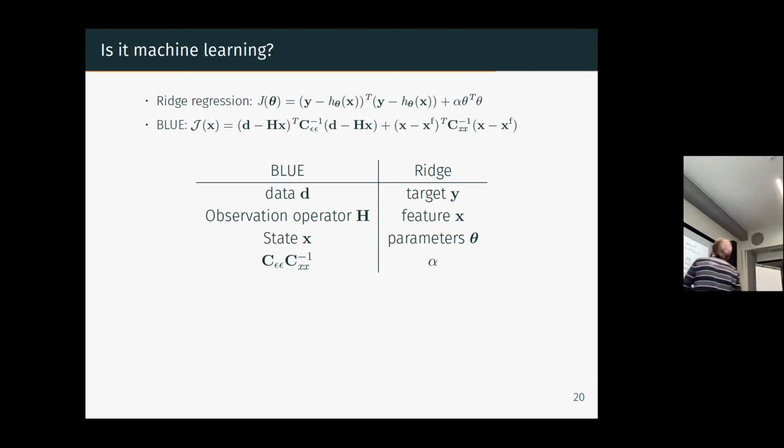So basically, the regularization term in machine learning corresponds to the prior in data assimilation, and the misfit to the observation corresponds to the misfit with the target in machine learning. So this is equivalent. And you can do that also with neural networks. You can find a lot of equivalences in neural networks. Have you seen the ensemble Kalman filter? Have you seen also 4D-Var, variational data assimilation? No? Okay, but there are equivalences also between variational data assimilation and regression in machine learning.